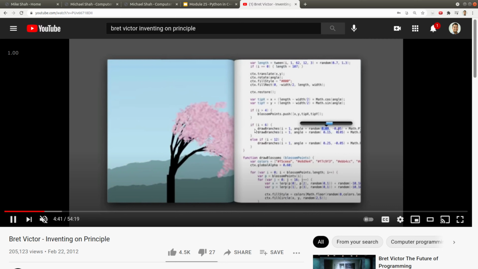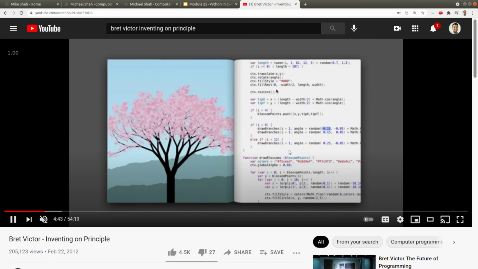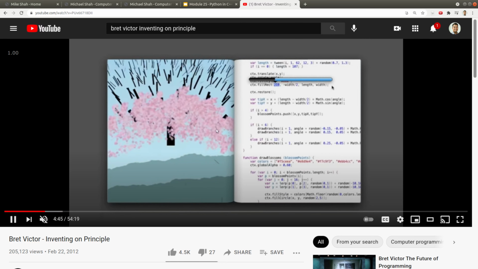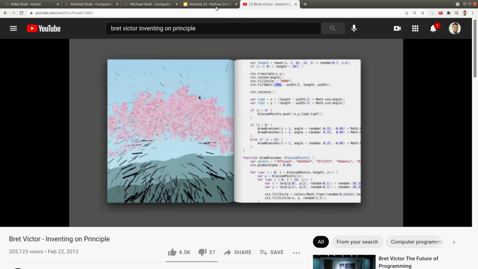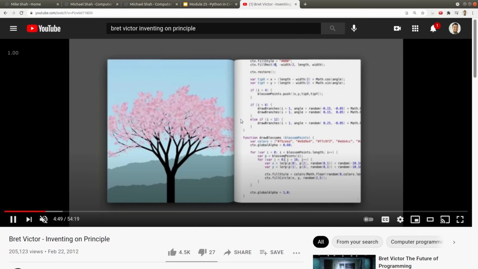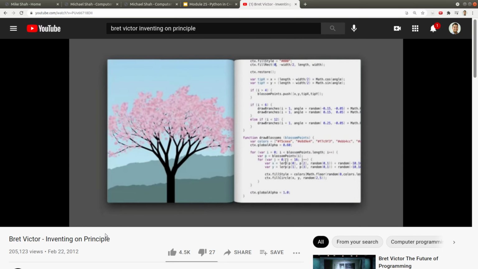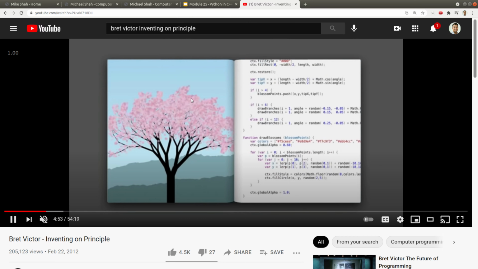So anyway, this is a little talk to inspire you about the benefits of scripting languages, and then we'll get into how to combine this with C++. Okay, and this is a very nice talk if you're interested in the design side of things. It shows how to combine some of the technical stuff that we've been learning with C++. It's very technical, scripting languages, and then ultimately designing interesting applications.